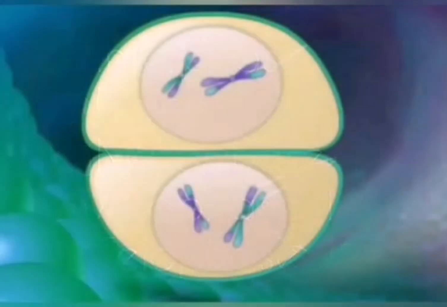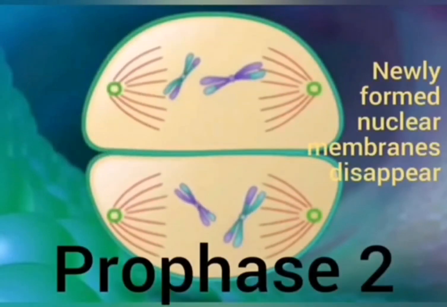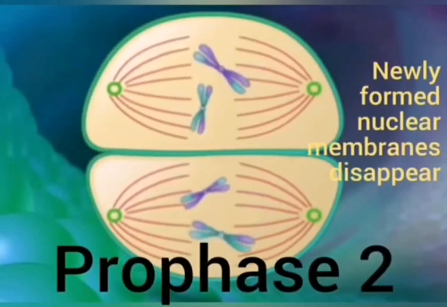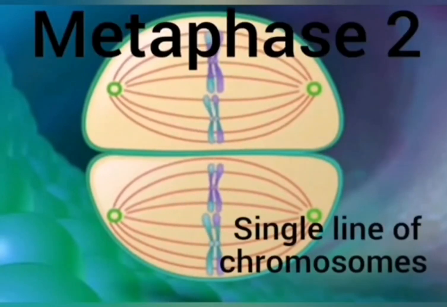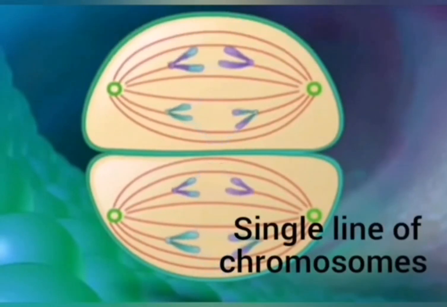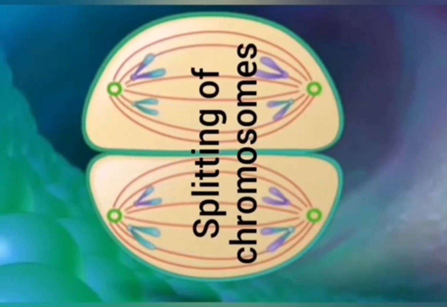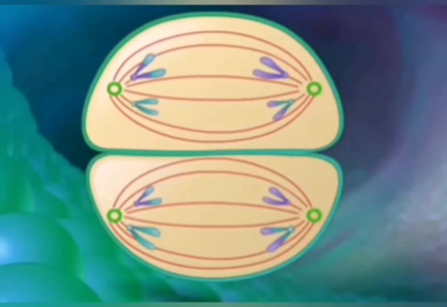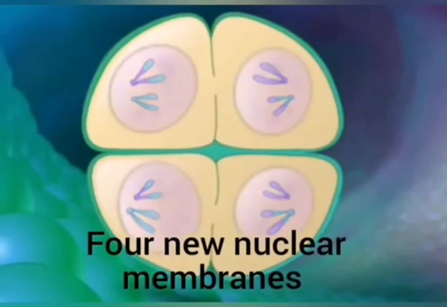Okay, so obviously we're not done. Now the cell needs to divide again, otherwise we're not going to result in 4 daughter cells. The 2 new nuclear membranes are going to disappear during prophase 2. Now in metaphase 2 we see a single line forming. Anaphase 2 sees a splitting again, and then 4 new nuclear membranes are going to form, resulting in 4 cells,